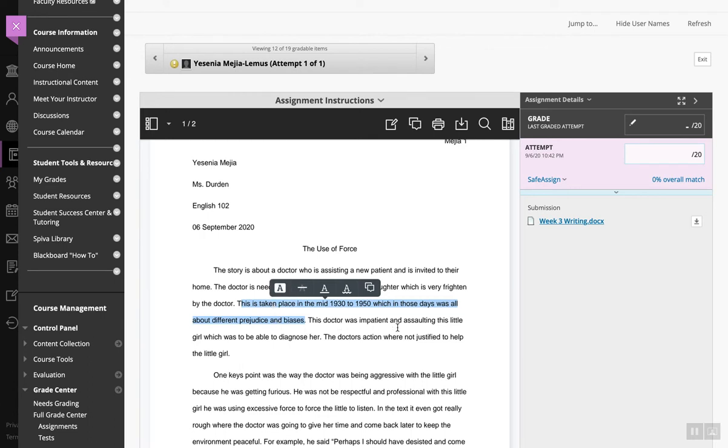So the doctor was impatient and assaulted, not assaulting, assaulted the little girl who he was then able to diagnose. So you've got some tweaking to do in your verbs and your verb tense and in the clarity. I think before